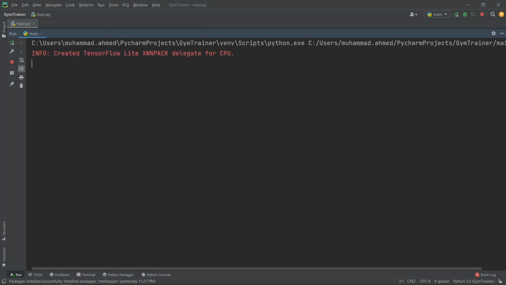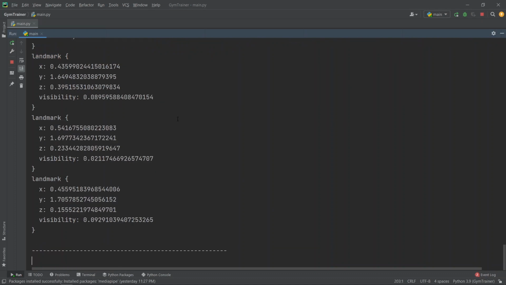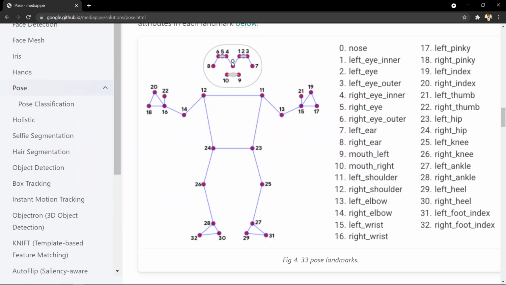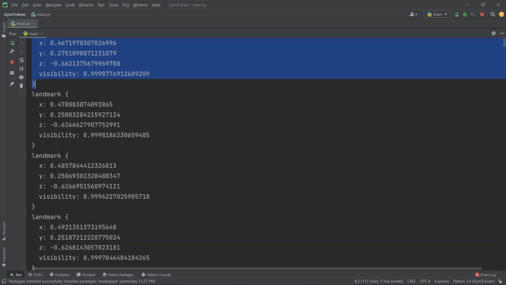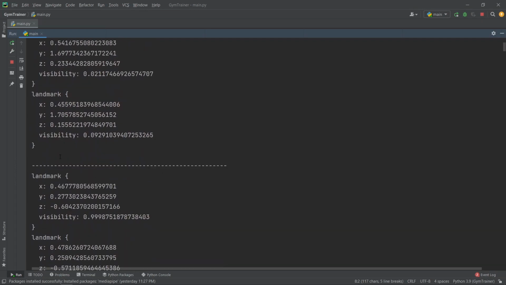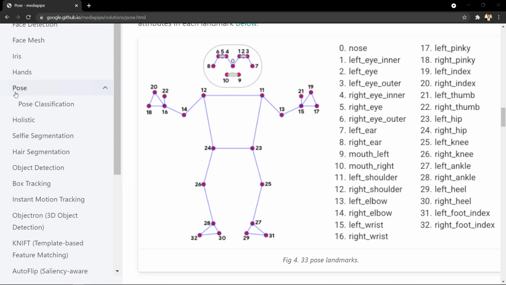So here you can see that this is landmark 0, the nose, with the coordinates X, Y, and Z for the nose, and then the first one, the second, the third, and all the way to the last point, which is this one.